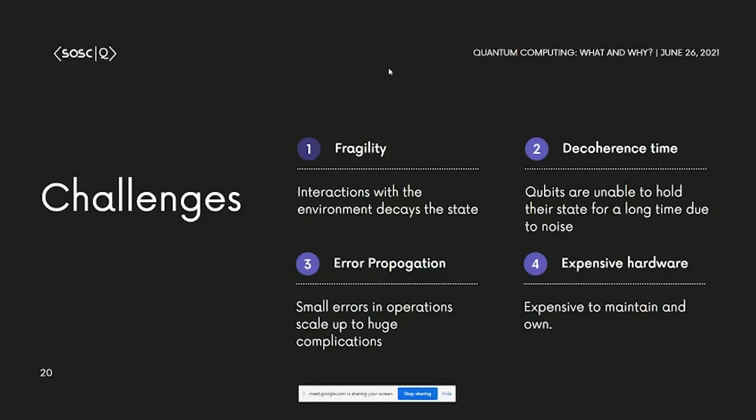Then you have decoherence time. Basically, a qubit is unable to hold its state. So in our normal computers, when you have state one, it will be one for a long while, right? I mean, until you remove the voltage, it will be one. It's not so with qubits. The state they can hold is in nanoseconds. Some of them are able to hold for 10 minutes. But yes, basically you have to have your calculations or your operations short and sweet. Otherwise, you won't be getting any information.